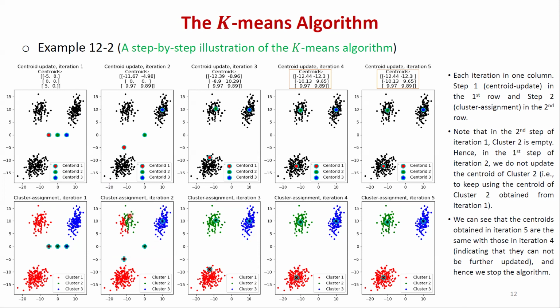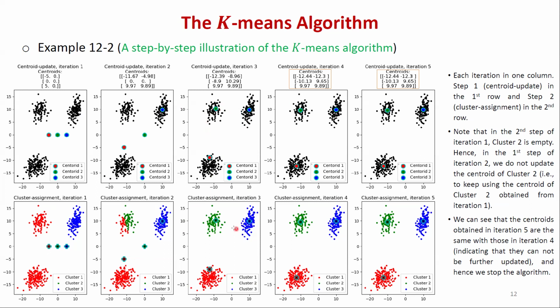Okay, so here are my green points, so I'm gonna calculate the mean of them. You can clearly see the mean is gonna be somewhere here. For all my red points, you can see the red centroid has moved downward, right? It makes sense because I have many more points here than here. So of course I should move downward. So the red here, and then blue here, and green here.